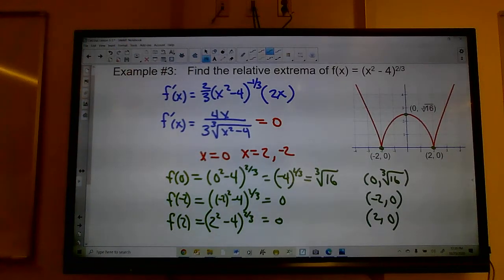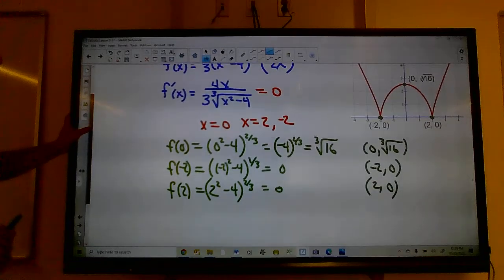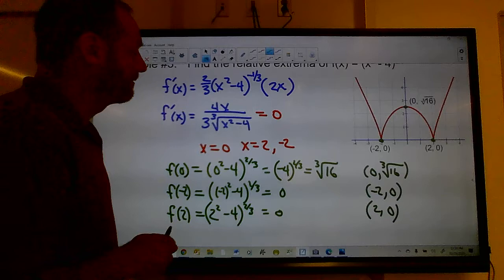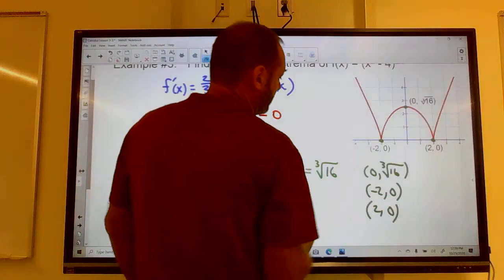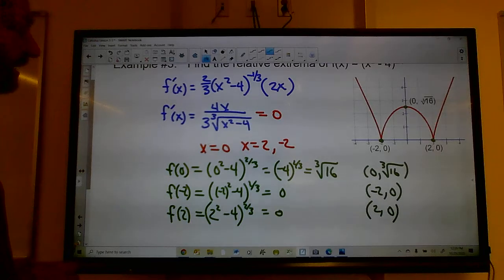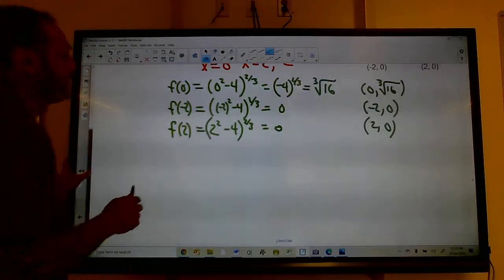Now, what I'd really like to know is, are those minimums or maximums? If you have the graph, you can just look at the graph and tell. However, if you don't have a graph, you can tell by region testing this thing. So what you would do is, these are your critical points. I would pick a point smaller than negative 2, so like negative 3, and I would figure out what the slope is. So f prime